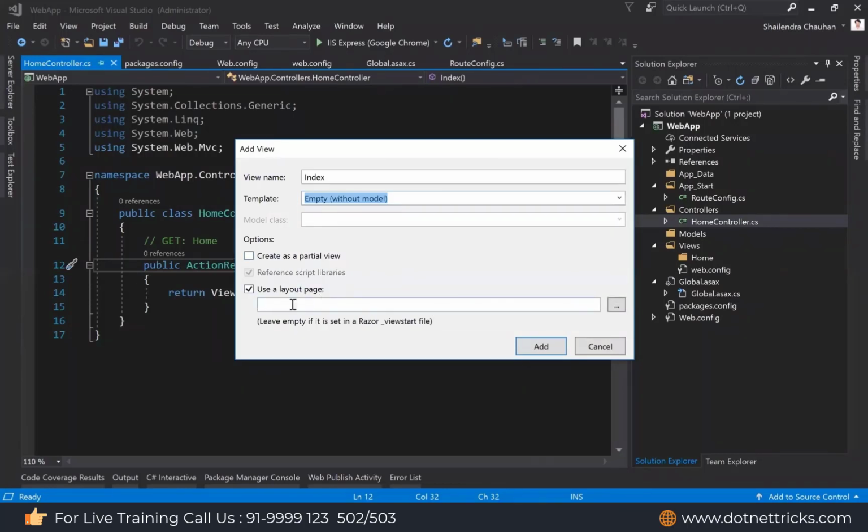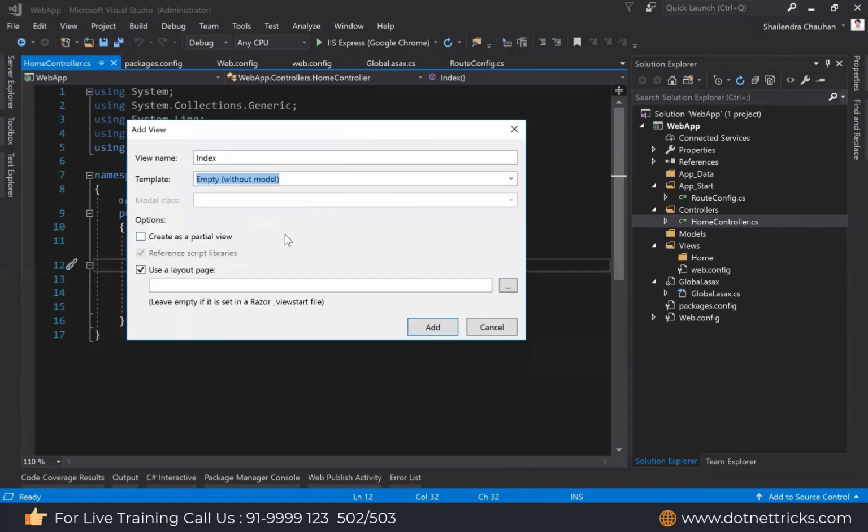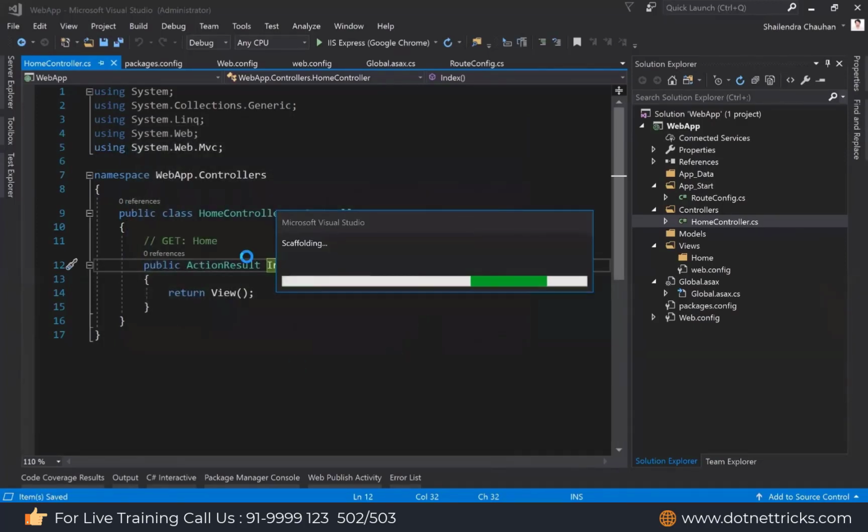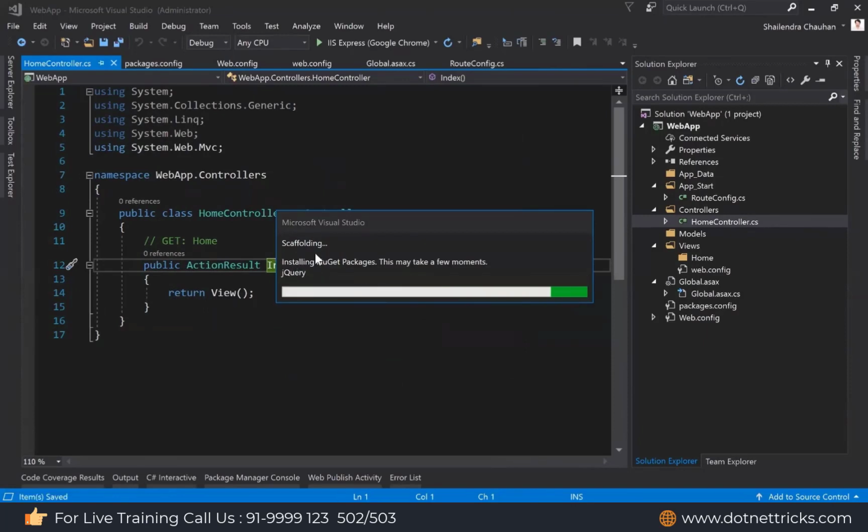And here, this is for defining the master page. So here the master page is the layout. Layout means master page here. If you want to define a consistent look and feel, or a consistent layout for your application, we have to create a layout. The layout will have the header section, footer, right sidebar. It's up to you how you want to design your application layout. It will automatically generate the layout when I click on the add button, because it's the first time we are doing these things. So again, it is using scaffolding.